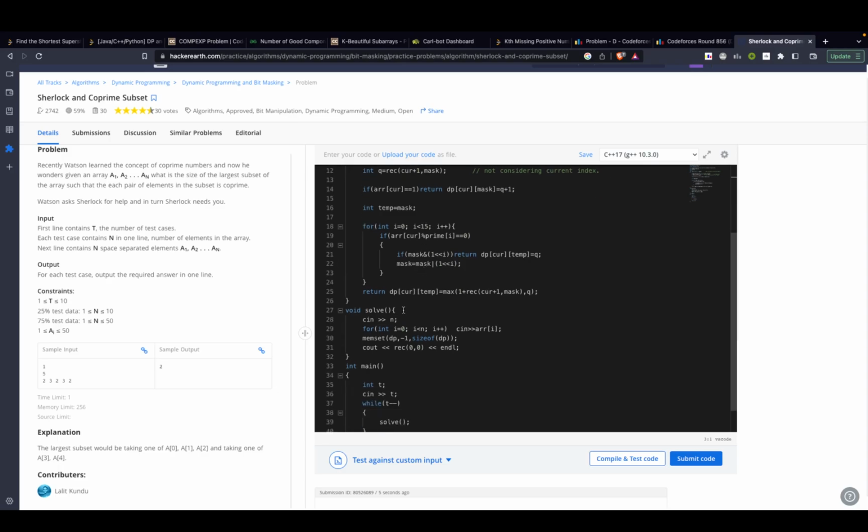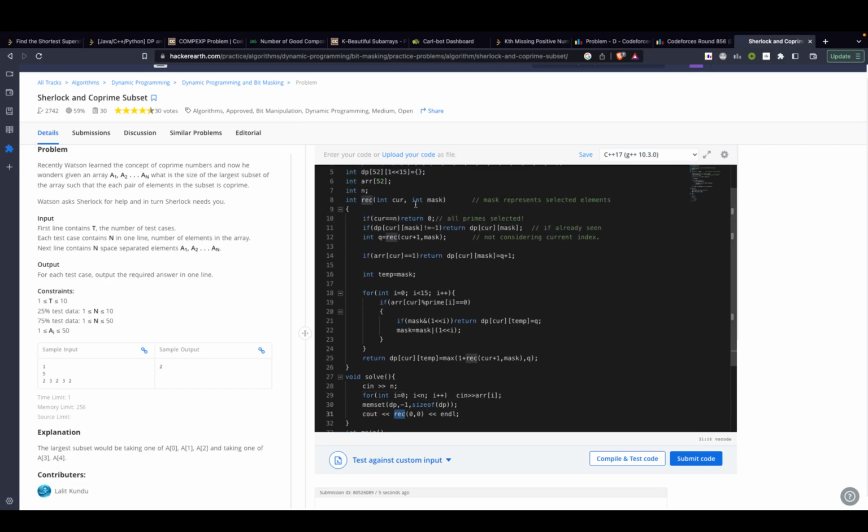So it's pretty simple. Firstly we'll be taking the input and then the array. Then we'll start our recursive function. What the recursive function would do is that if you've already reached the end, then you cannot add any more digit. So return 0. So basically the function returns the number of integers you can add from this particular